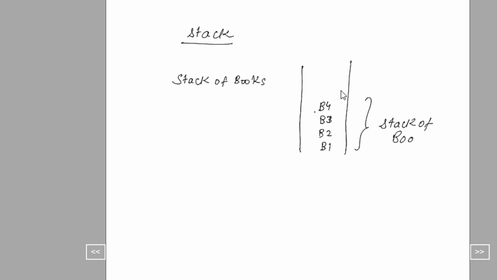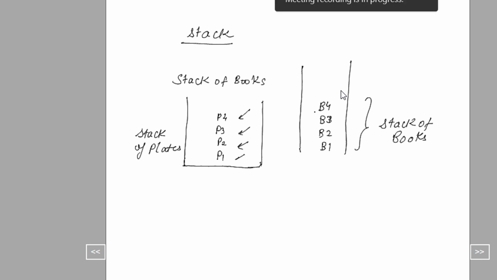Right? So you must have used these terms. Of course, unfortunately, due to the pandemic, you are not on campus, or I would have given you an example of a stack of plates that are kept in the mess. So the plates are kept one above the other, just like you see in marriages and all those buffet systems. So these are now a stack of plates. Now see, all these things have a unique property. Let's say you are a person who wants to go and take a plate in order to enjoy the buffet.